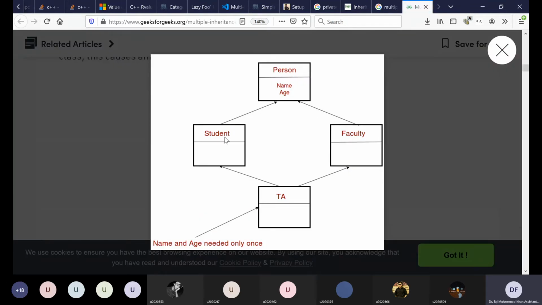From human we are inheriting teacher as well as administrator. Okay. So as I told you earlier, when a class inherits from a base class, an object inherits all the data members of the base class. So inside the derived class object we have an unnamed base class object which contains all the member variables of the base class.